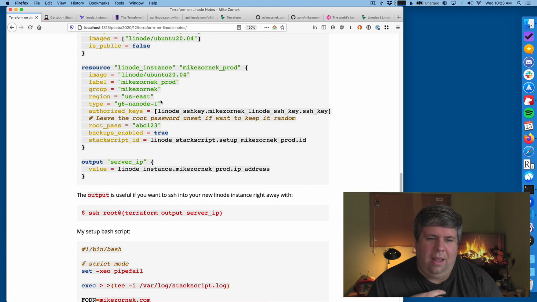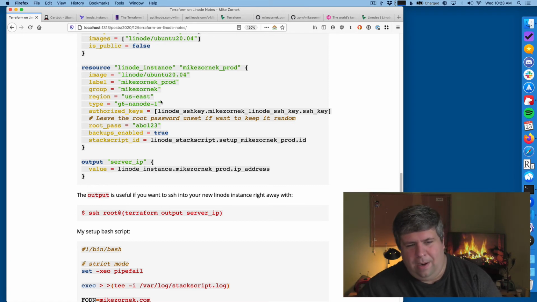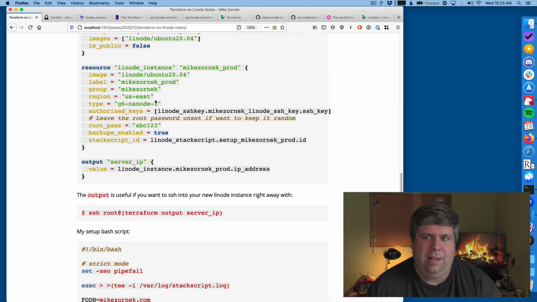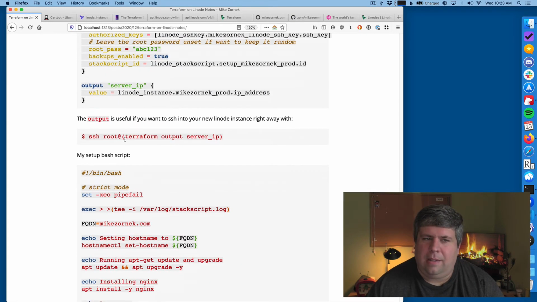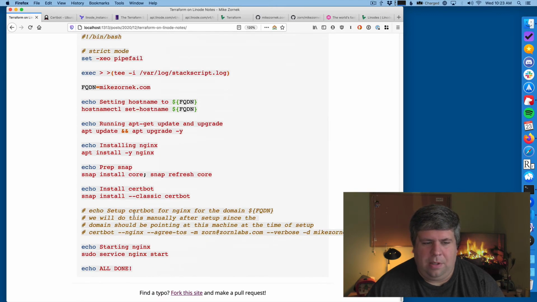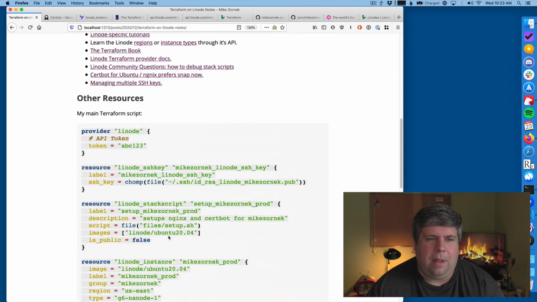So this will grab the server IP from the output and put it right into the command for me. That's how I would connect, and that's how I would observe the script, which I think there's a command there, which I'll add to the blog post.